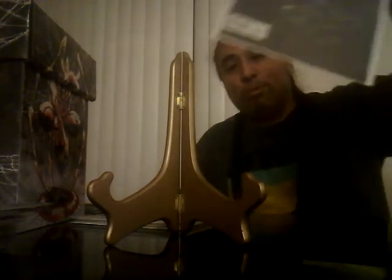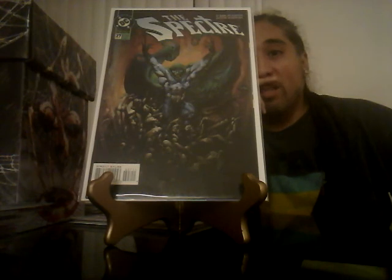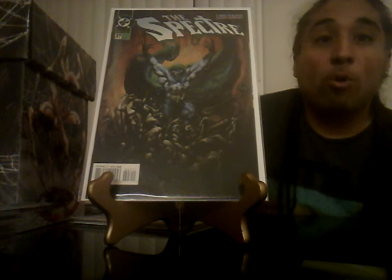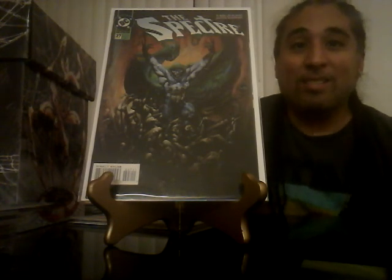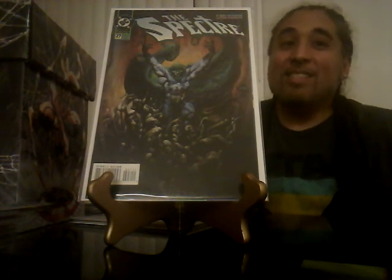Now, this Spectre book is issue number 27. And the reason why I got this book is because this cover is amazing. Like, I love this cover. And not only that, it's so amazing that I had to read this book. And man, this story is wild. Basically Spectre goes to this apartment building where someone had died, and he's going there